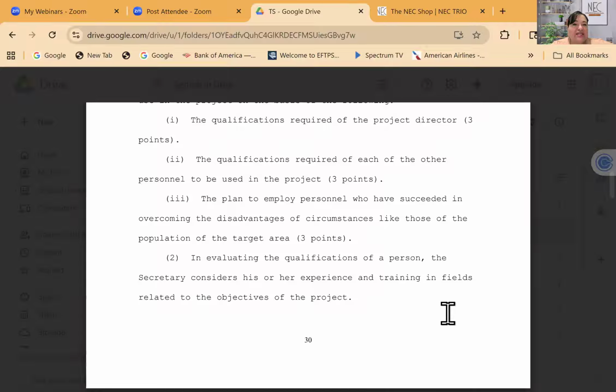Now, the last part of this question is a more detailed answer to what you started talking about in the first part of the first question. Teresa mentioned, make sure you tie in the qualifications for both the project director and the rest of the personnel, somehow very quickly to the outcomes or the objectives, that they have to have experience in the objectives. If someone wants to get their GED, that's one of your objectives, then you have to piggyback and write up what kind of experience, what kind of services lead to somebody getting that. So that's where you could do that.